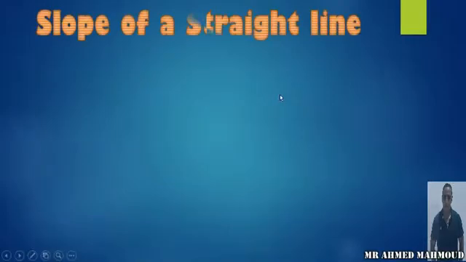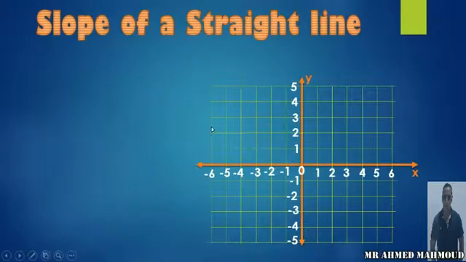Okay, now to know the meaning of the slope, let's have a graph like this and a straight line like this. To study the slope of this straight line, we are going to choose 2 points on this straight line. For example, here point A and here point B. Now I need to study the motion of A to reach B. If A moved to reach B like this,